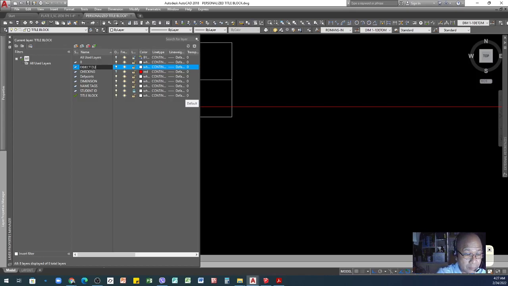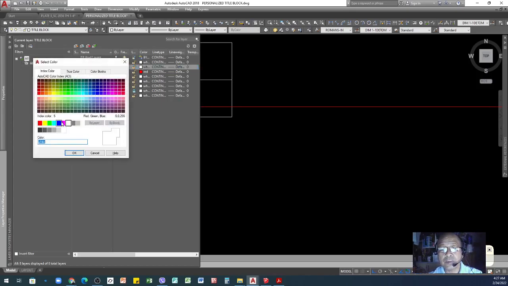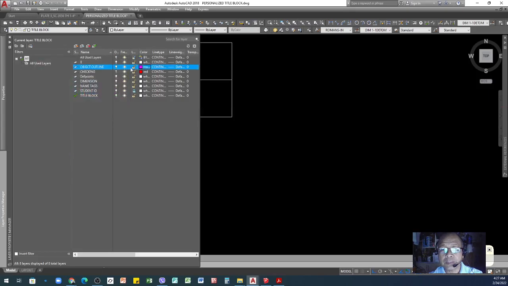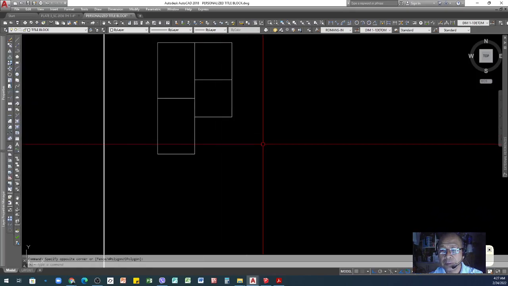We name it object outline, and then we change the color here to magenta. Okay, so that's it. You created your object layer.